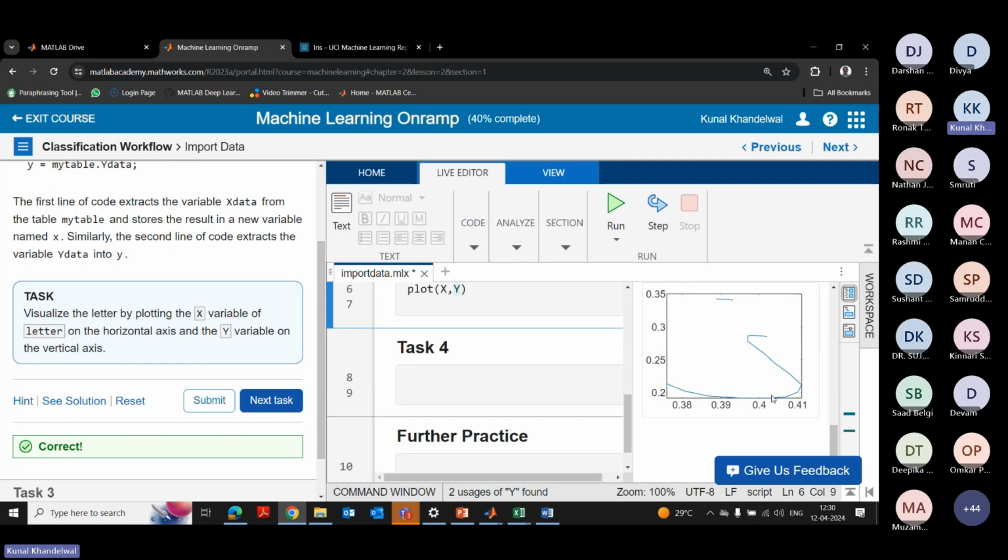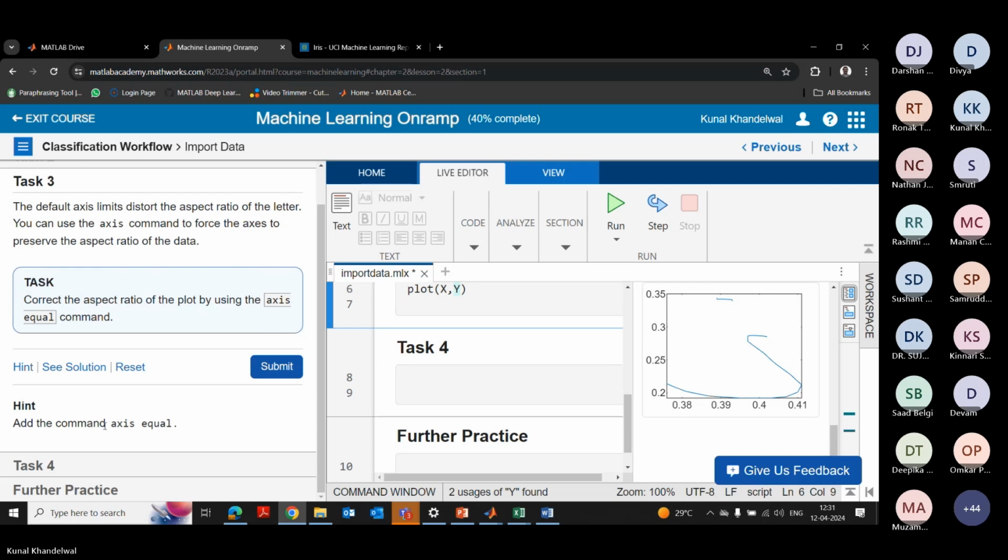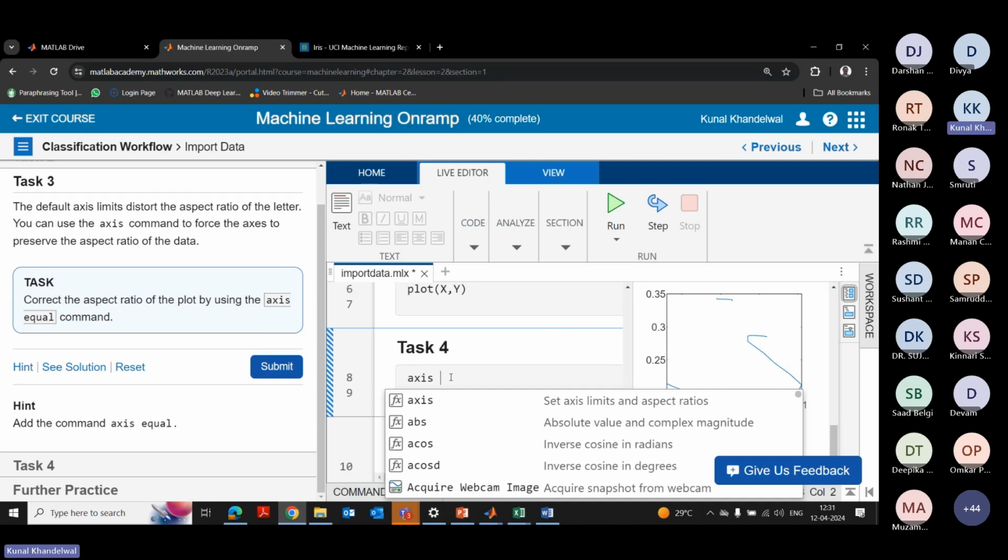So this doesn't seem to be J right now. Someone asked me the question about scaling, right? So this is not a proper representation, as you can see. So now let's do one thing. It's asking me to correct the aspect ratio of the plot by using axis equal. So you can go to hint, and the hint will tell you that if you write like this, axis equal,